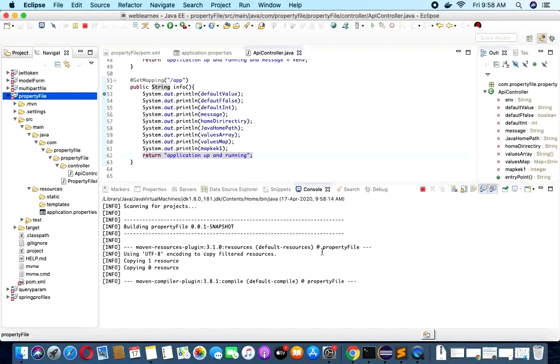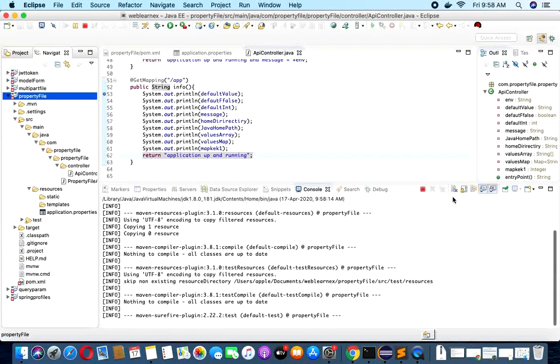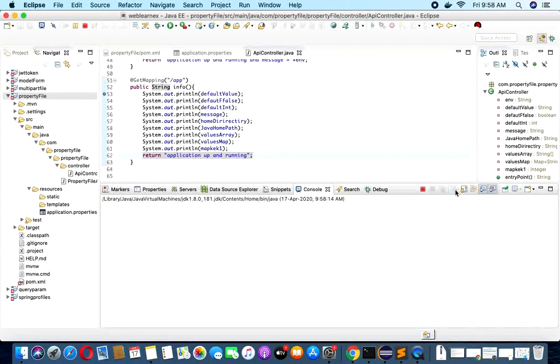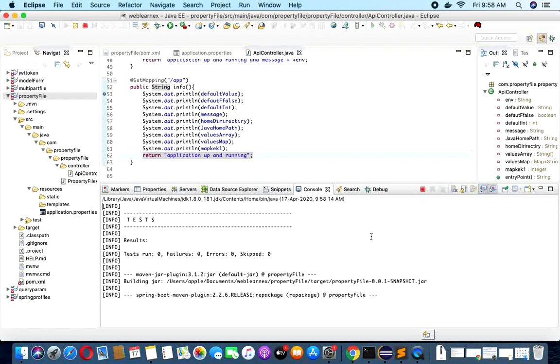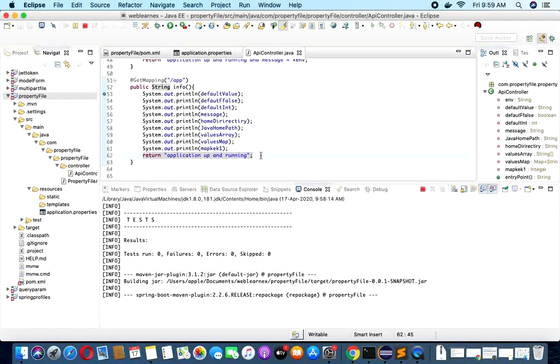Meanwhile, I can explain one more thing here in Spring Boot. In Spring Boot, we can use or implement multiple property files on the basis of application environment. So if your application is deployed on multiple environments like test, stage, production, or any QA environment, then we can use multiple property files on the basis of your environment.